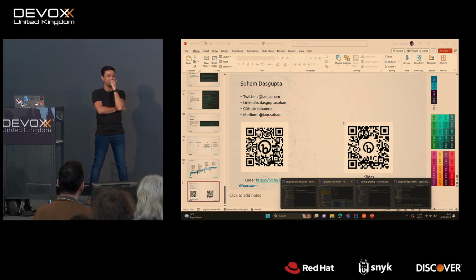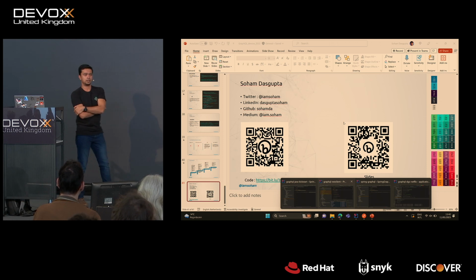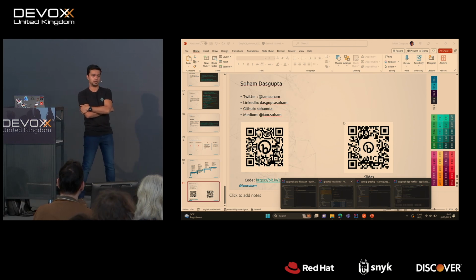Thanks for a wonderful presentation. My question is, is it recommended to use GraphQL in the case of routers and handlers, Spring Boot reactive programming? It really doesn't depend on that. It depends on what you are fetching from the backend. It's an aggregator. So if you are fetching data from different sources, aggregating it and sending it back to the client, then GraphQL is maybe your solution. But it doesn't really matter whether you're doing reactive streams or not, to be honest. Thank you.